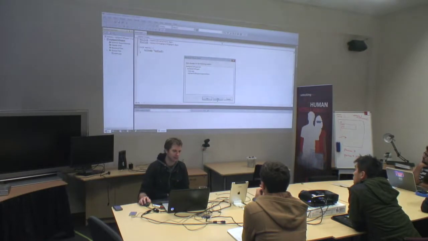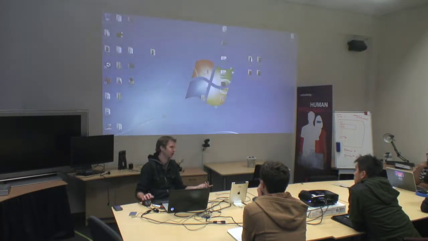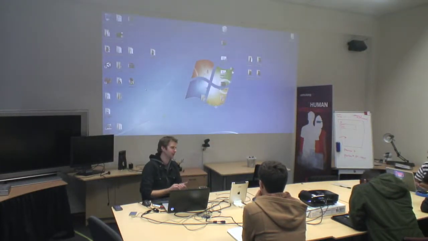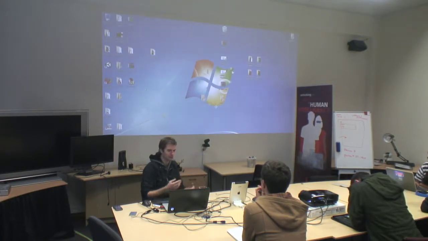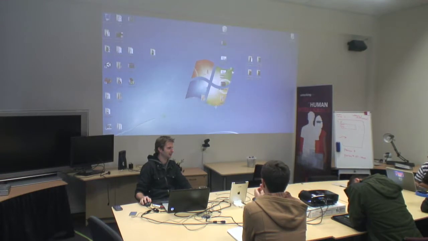And not to mention, if I then send you the application, you have to download OpenCV and install it and compile it and so on. And if I then decide that I want to use something different from Visual Studio, I'm going to have to compile it for that one. If I'm going to use a different version of Visual Studio, I'm going to have to compile it for that one. So you can see it starts getting pretty tedious pretty quickly